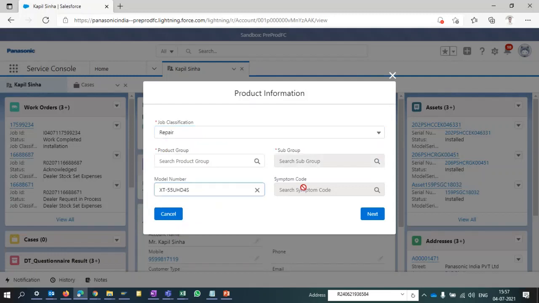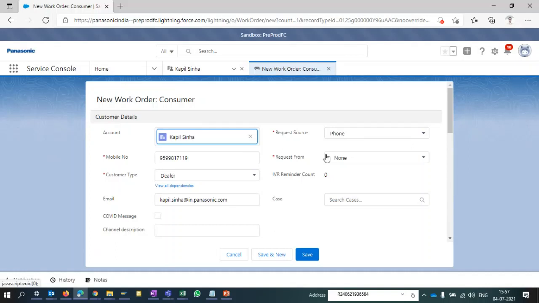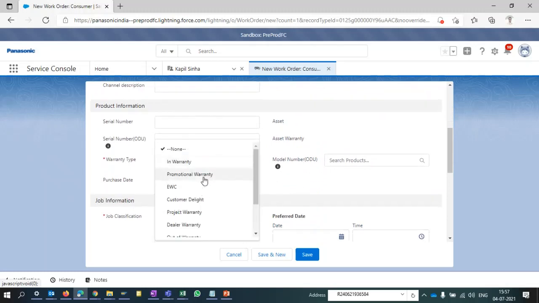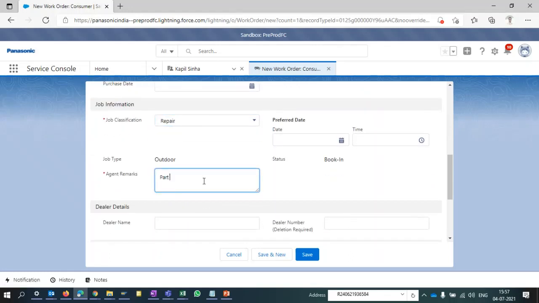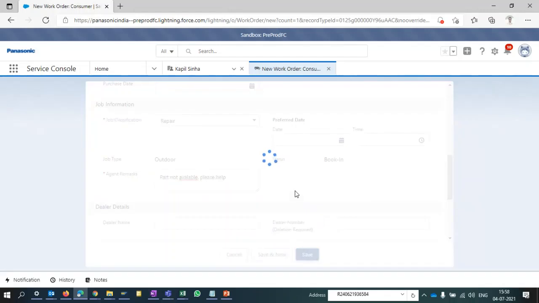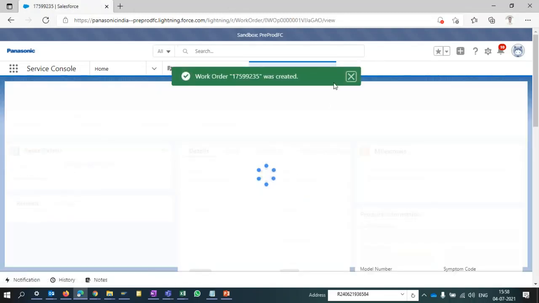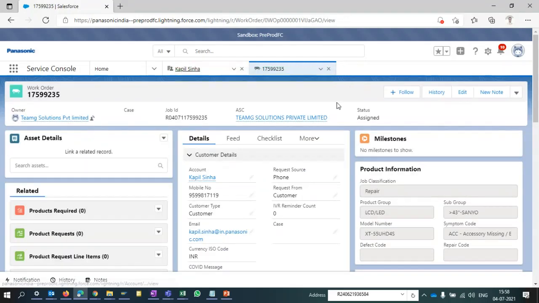Mention the model number. Okay, so one job has been created.